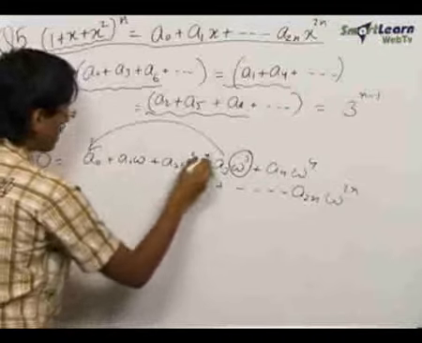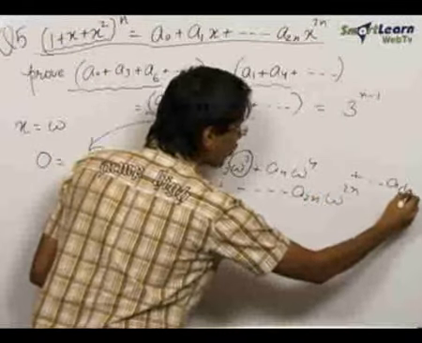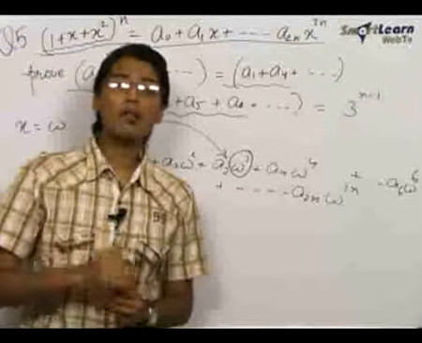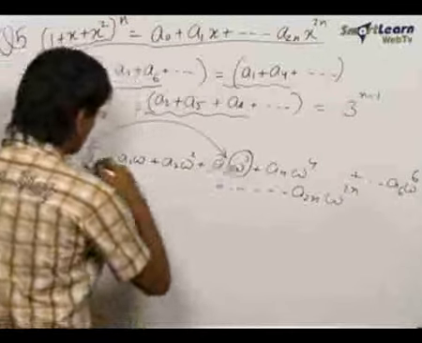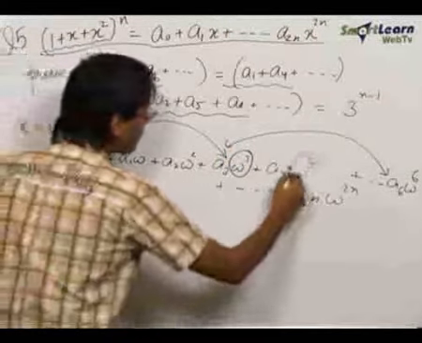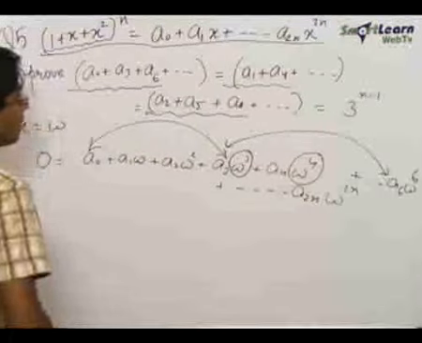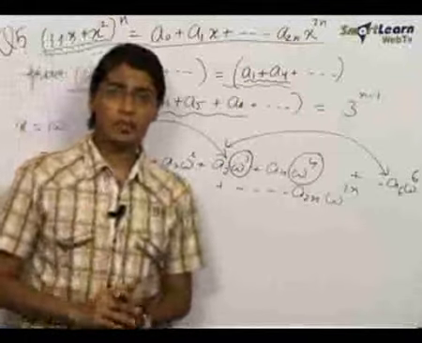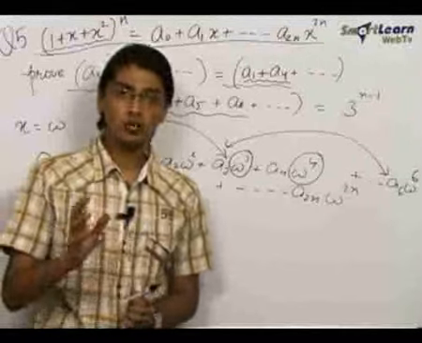So we get a0 plus a3. Again we will have a term a6 omega power 6, and omega power 6 is again equal to 1 because omega raised to the power any multiple of 3 is 1. So a0, a3, then a6. Similarly omega power 4 is omega, so we can get the terms of omega times a1 plus a4, and hence the terms which we are seeing over here. So remember one thing, if in any problem you see the terms in a gap of 3, just try to put x equals omega.